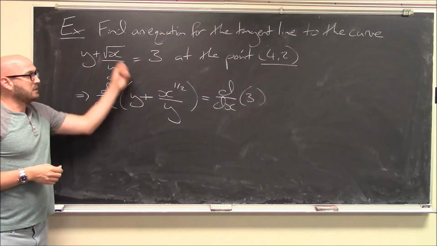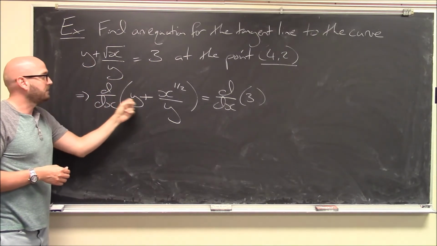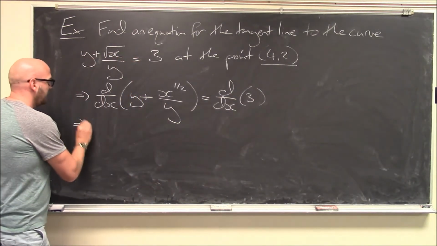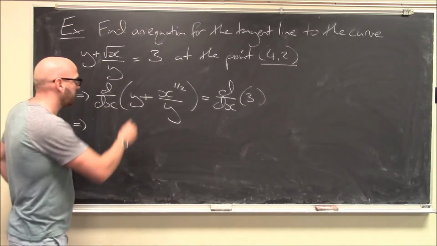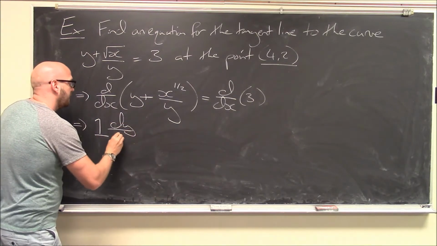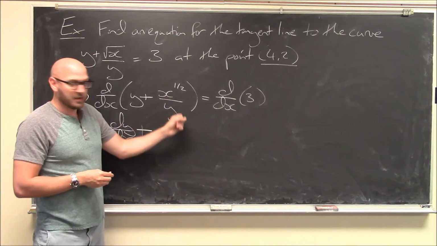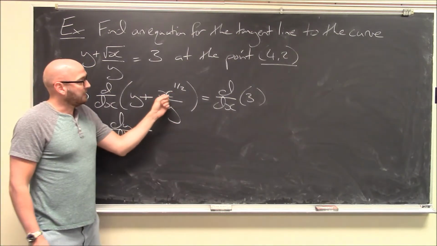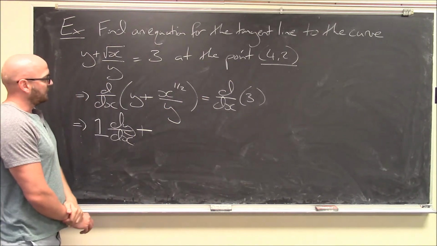Okay, so exact same equation, but if the left-hand side equals the right-hand side, then the derivative with respect to x of the left-hand side should equal the derivative with respect to x of the right-hand side. Now we'll go ahead and differentiate. Derivative of y with respect to x. Well, remember y is implicitly a function of x, so first thing I do is differentiate with respect to y to get 1, and then times dy over dx. Plus, what about this? Well, here I've got a quotient, right? A ratio, x to the 1/2 over y. One thing I could do is I could write this as x to the 1/2 times y to the -1